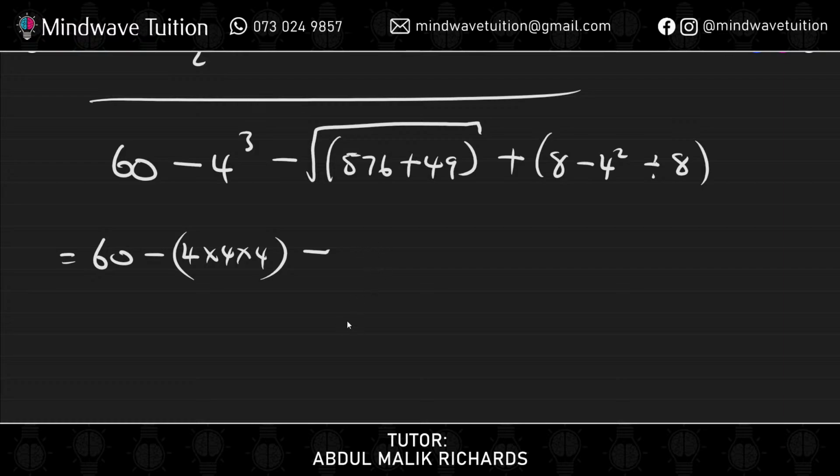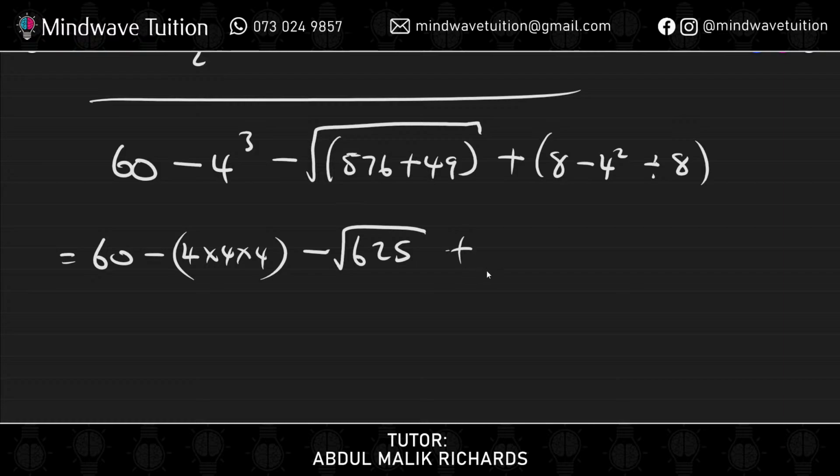This is going to be, excuse me, 576 plus 49 is going to equal 625 under the square root,